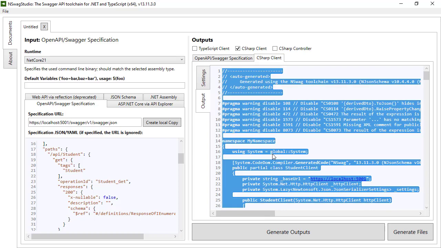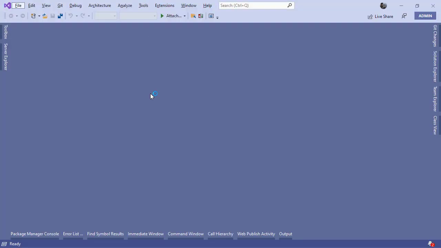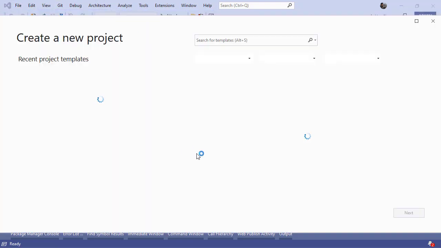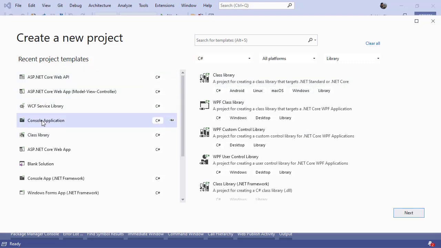Now, you can simply copy this and launch a new instance of Visual Studio. Let's create a new project. I can create a console client now, console application,